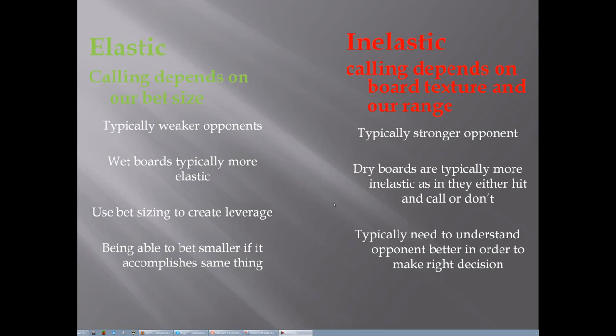And typically, players who have elastic calling ranges tend to be more of level 1 thinkers and don't go into more depth of thinking. Basically, what are the cards that I have, and how do they connect with the board? Whereas people who have more inelastic calling ranges tend to play more dynamically and think on a higher level, level 2 and level 3, as in, I know that he knows that I know type of thinking, and they're thinking about my range and not just their own cards.